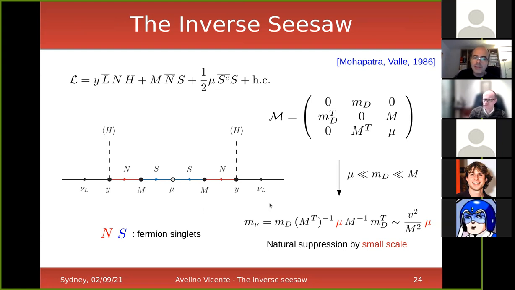Here you also have the Feynman diagram to understand how this process works. So mu is at the center of the diagram, and it is crucial for this to work. If mu is 0, neutrinos are massless, and you can check immediately that also if mu is 0, lepton number is conserved. Only when mu is different from 0, lepton number is broken in 2 units.